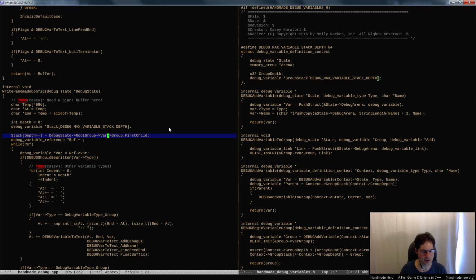So that's going to be the root group, and that root group, I guess, is just a regular thing now. So that's probably the root group itself, if you think about it, is probably the thing that we would actually just push on there, because that's the variable that we want to actually process, right? I think. I mean, that seems right to me anyway. So yeah, we would start with the root group. Once we've got the root group on there,